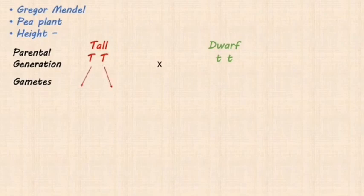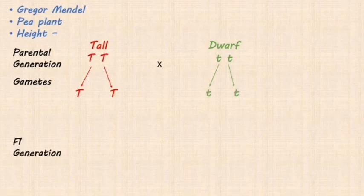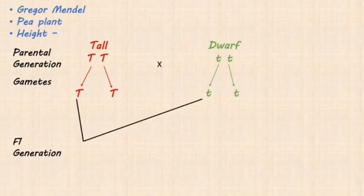So there is a possibility of two gamete formation in the tall plants. That is, one gamete contains the gene capital T and the other gamete also contains the gene capital T, as this is a homozygous chromosome. And the dwarf plant also produces two gametes, each containing the small t. The next step is the fertilization, or the fusion of gametes. So the possible chances of fusion of gametes are